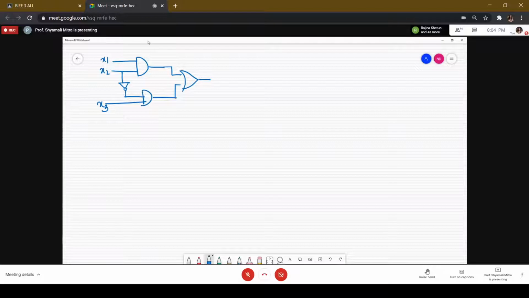And the primary output function is f. So how to write this logic circuit, or if we represent it in terms of a logic function, then what we are expecting is x1 dot x2 plus x2 bar x3.